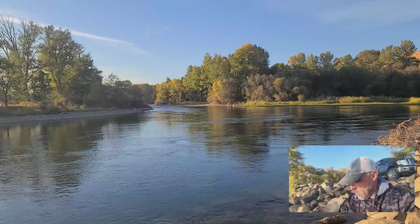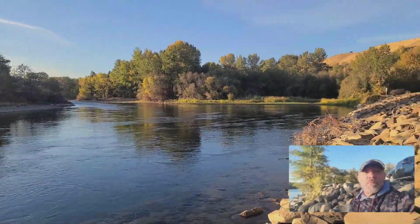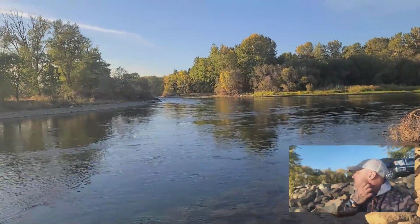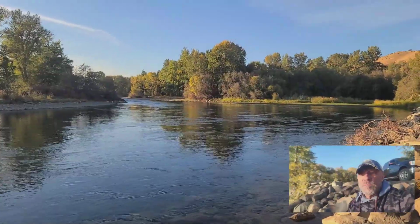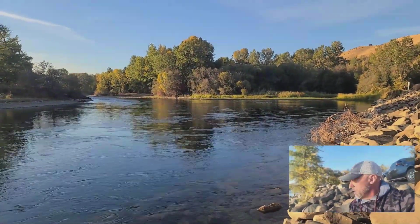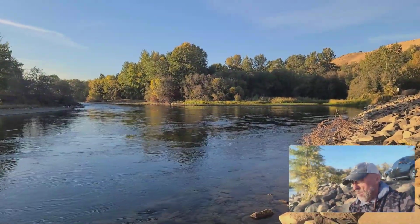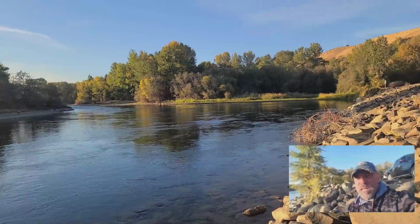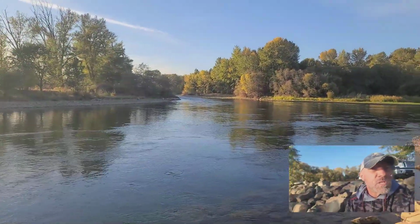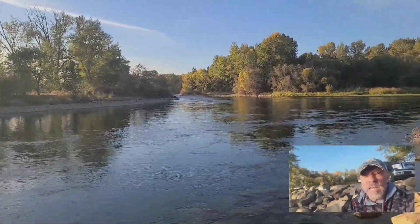Beautiful day, about 70 degrees. We could have had a few more clouds. That afternoon sun on low clear water can make fish a little spooky. Fishing tends to slow down, at least for us today. So it's a good time to take lunch, take a breather, and get your energy levels back up for the afternoon fishing,